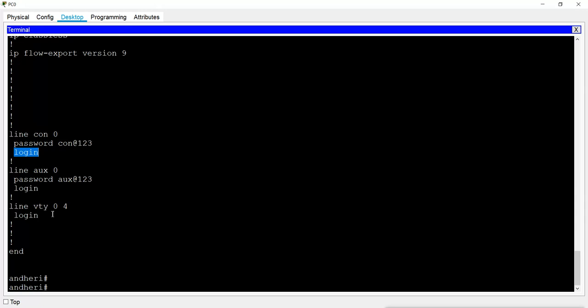This is the configuration for telnet, and for telnet there is no physical port. So we mentioned that VTY is the virtual terminal type, because for telnet there is no physical port and no physical number. So we mentioned the range of numbers 0 to 4.